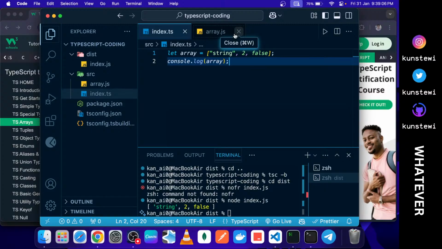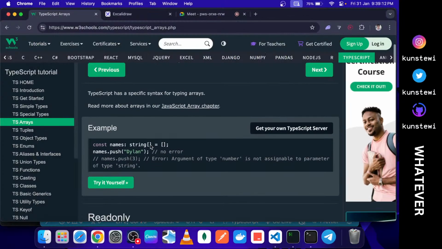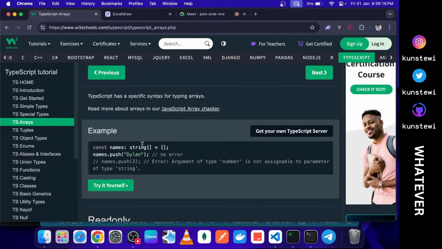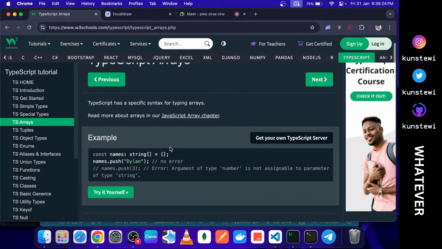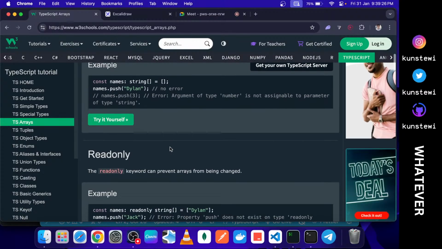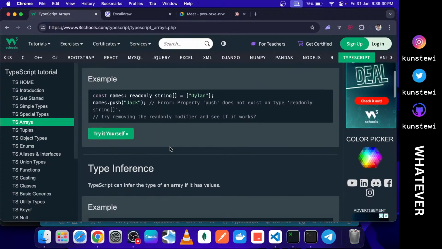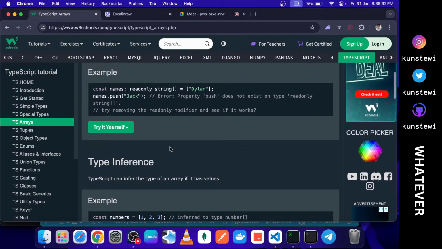But the problem is you are not using TypeScript. We are then using JavaScript. So what do we have to do? We have to use this type of syntax, like names is equal to, we have to then give it as a string, then all right, nice syntax. So I have learned that yes, we can do it. Anyways,